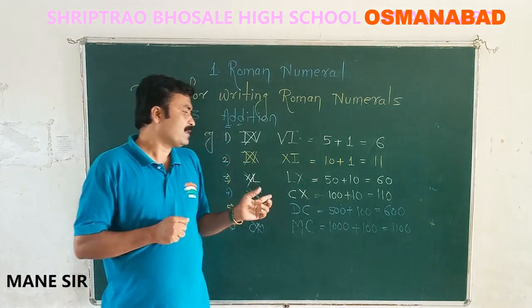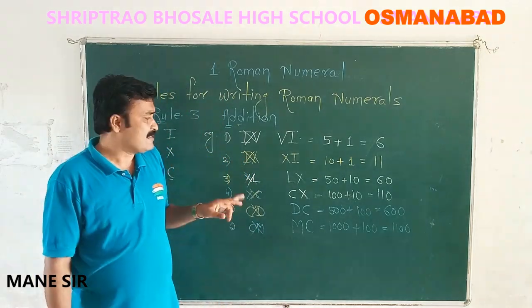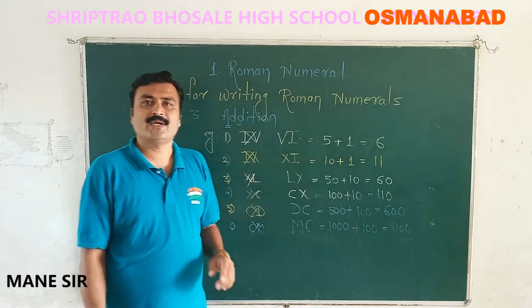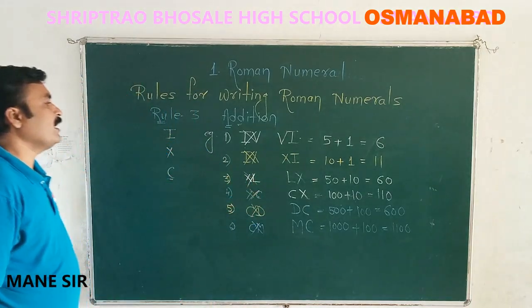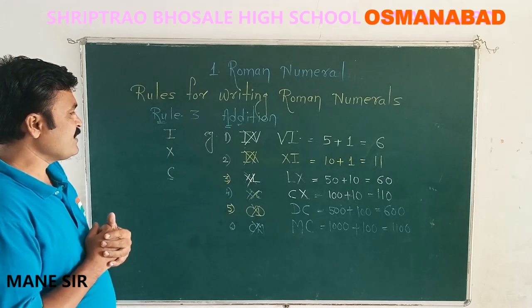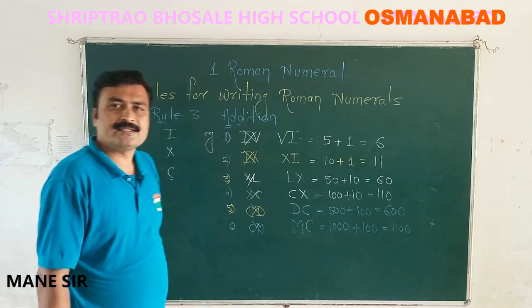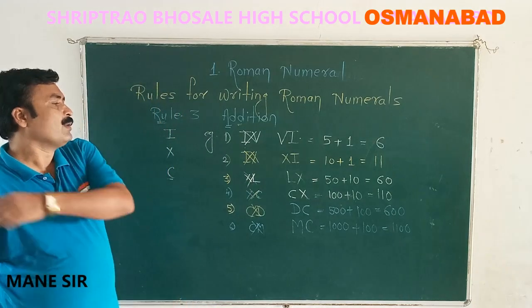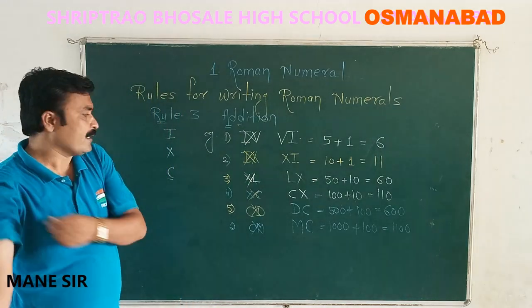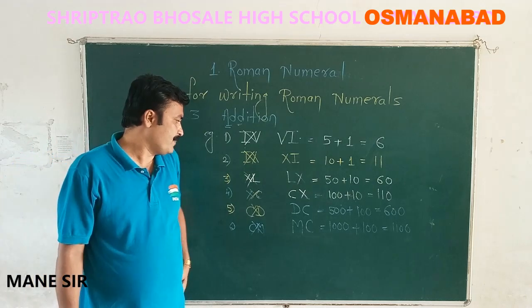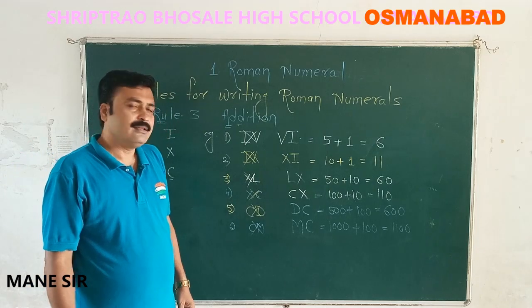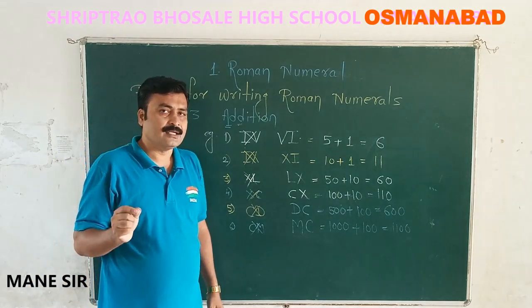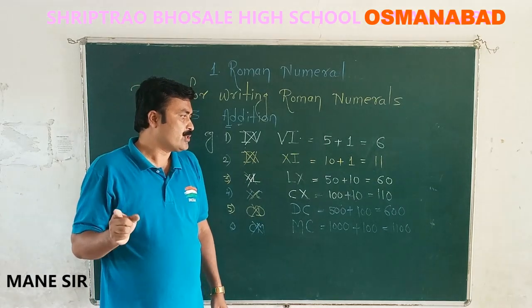The fourth example we presented as CX, that represented international number 110. The next example, DC, represented international number 600. And thereafter, the last example you observe on this green board, that here I am writing MC, represented international number